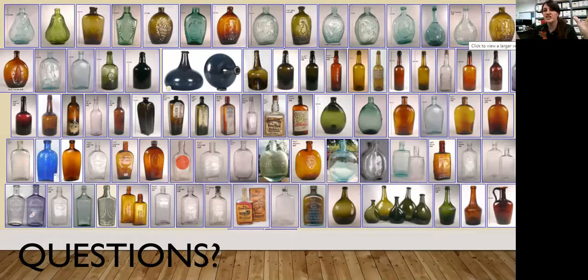But this is just spirits, which I think is really lovely to see, the really wide variety of shapes that bottles can come in, and as they change through time, what's on them, what's not on them, from the very plain to the very decorated to paper labels. So really kind of spanning a long